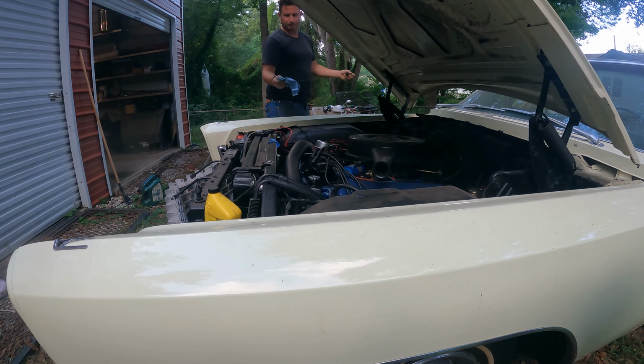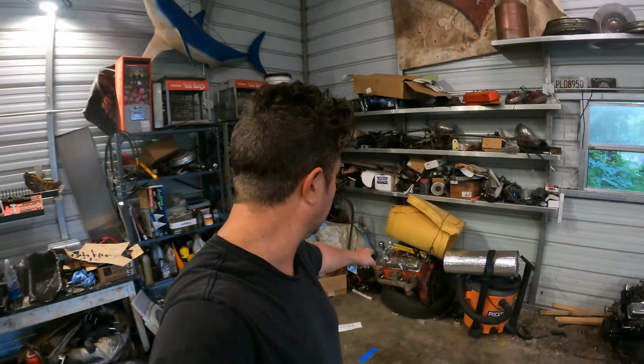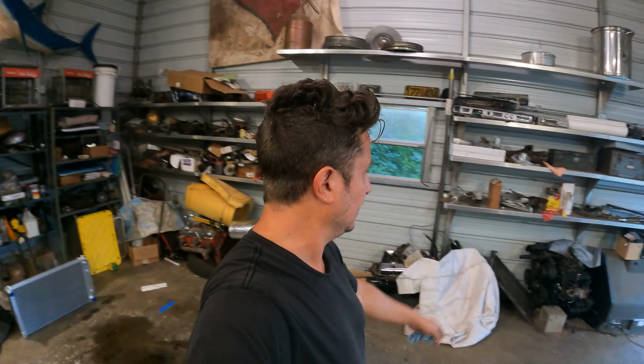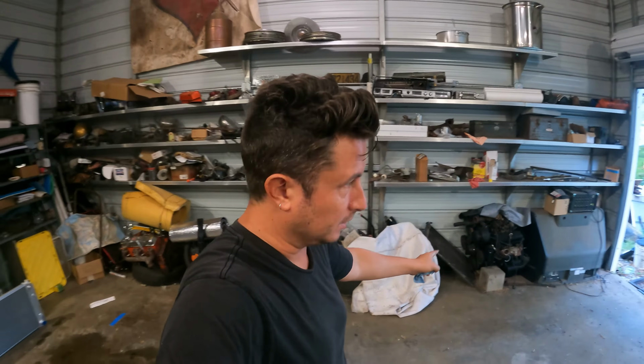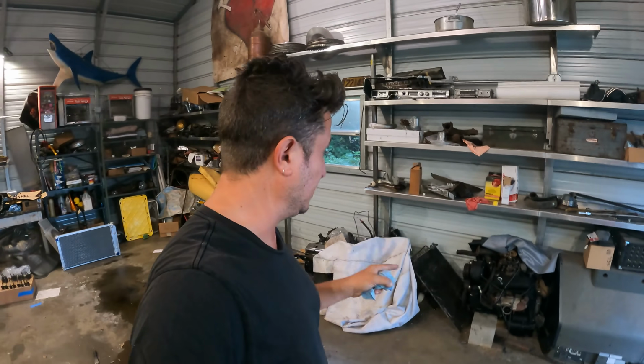She's low. That 283 we have no idea the health of, but that's the one that's supposed to go in the touring. This is just a random 350 that I think is going to go in the murder van, which we've done no videos on so far. And that's the old Trooper motor that was replaced with a 4.3, but Stacy's Jimmy has the same motor, so